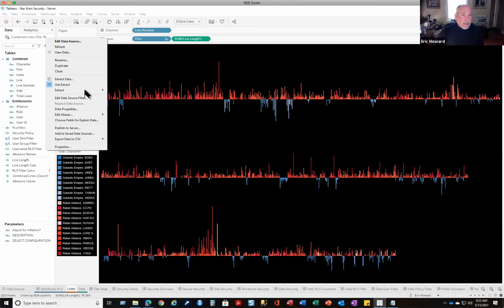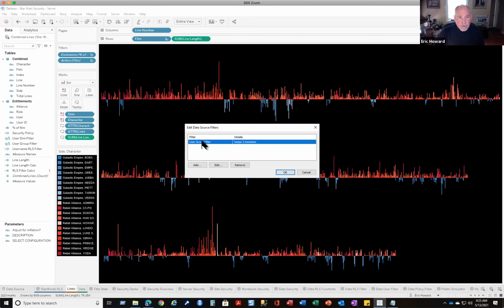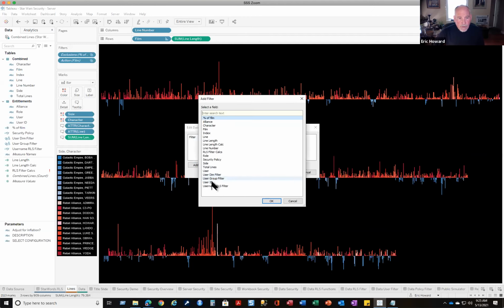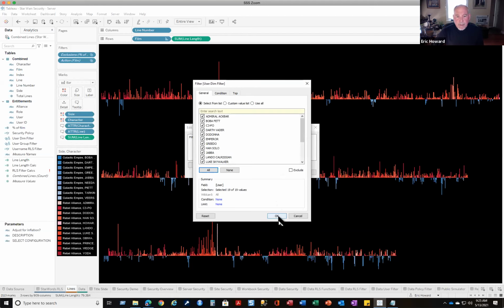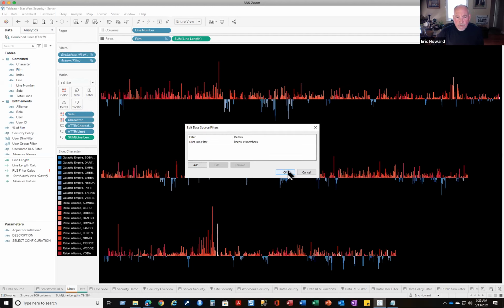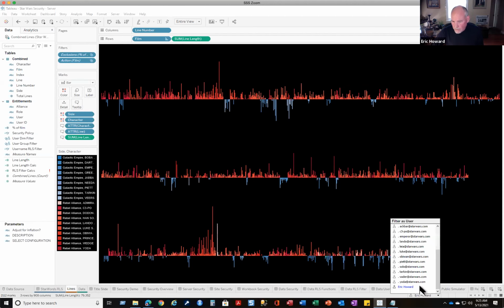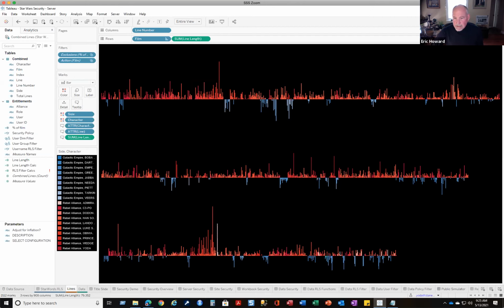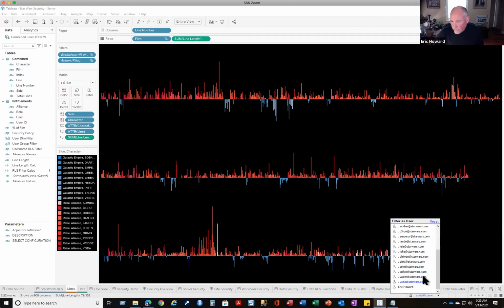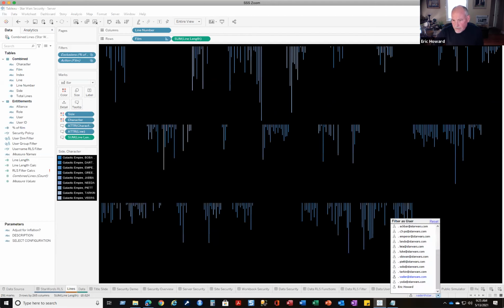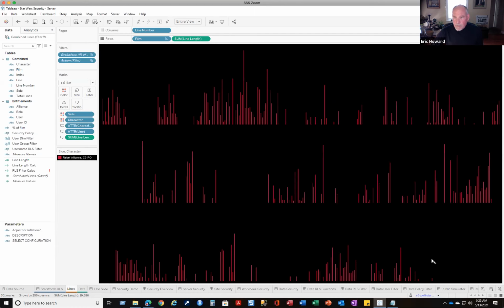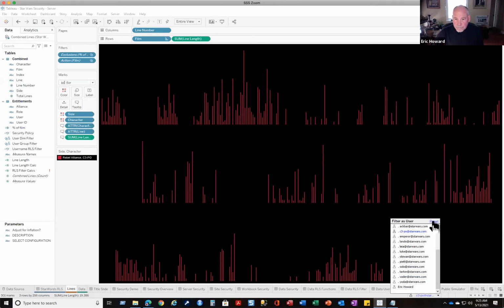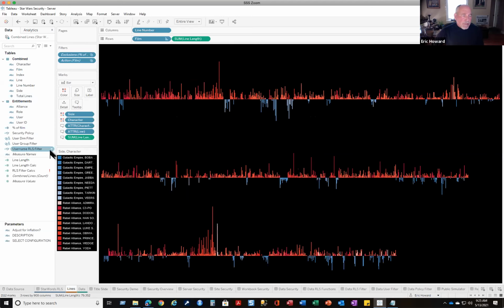If we go assign that as a data source filter, we remove that one and go add the dimension filter. We choose everybody because it's going to be filtered when the user logs in. And we look at Yoda. He sees everybody. Vader sees the empire's. Piet also sees the empire's, but C-3PO only sees his data. So that's one way of doing